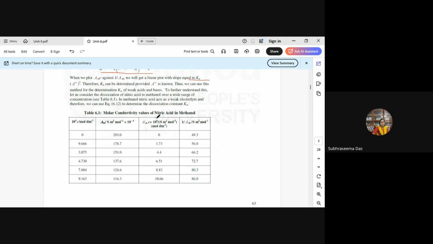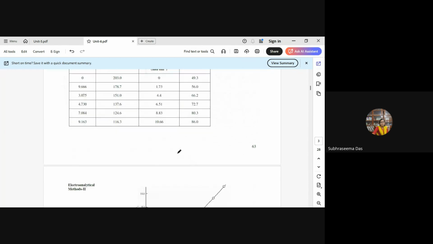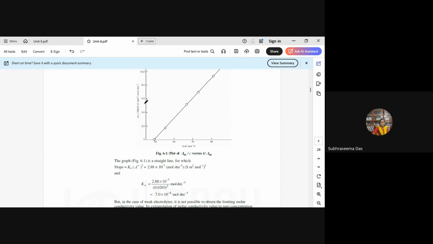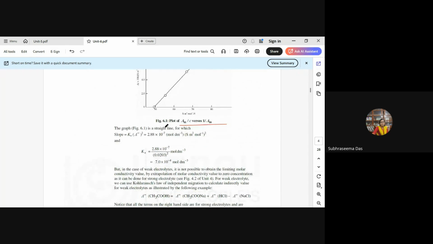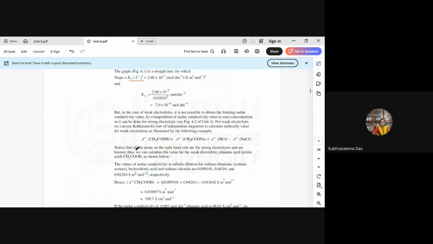Here in table 6.1, the molar conductivity values of nitric acid in methanol are shown, and this is the plot of lambda m C versus 1 by lambda m. The graph is a straight line, the slope is Ka into lambda infinity whole square, and substituting the values,